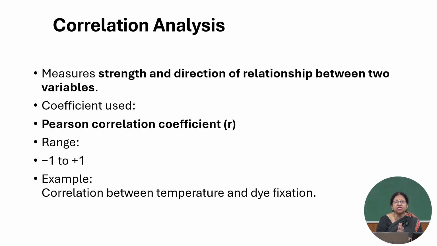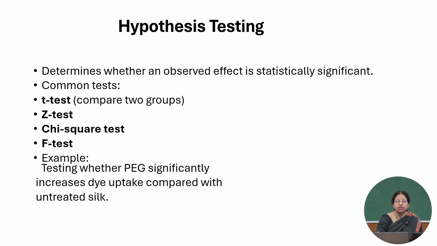But unless and until we measure, how will we know whether the strength or the direction of the relationship is linear or not? So correlation analysis has to be done if we want to make a correlation. Therefore, we have to do this correlation analysis at some point where we are making a comparative data.